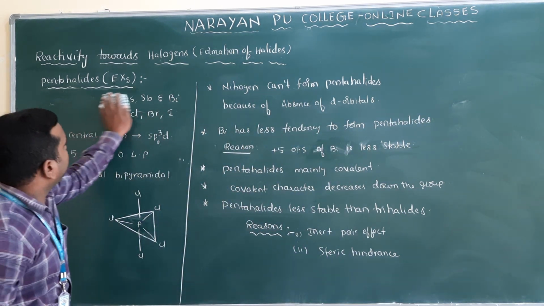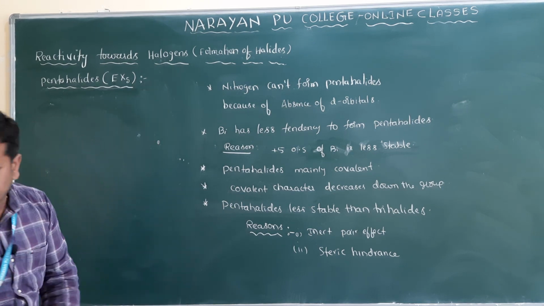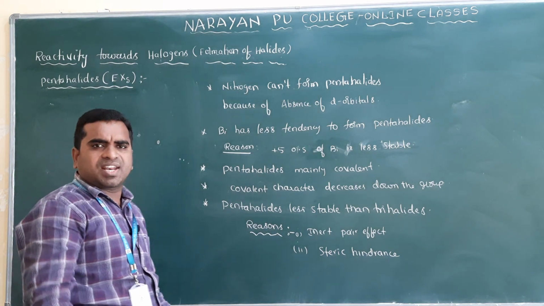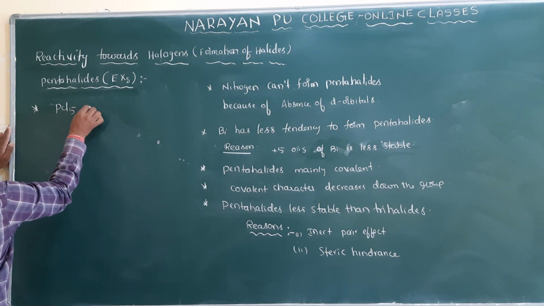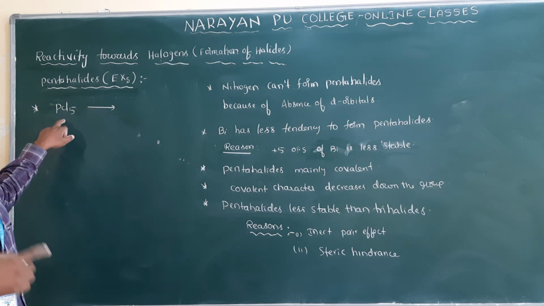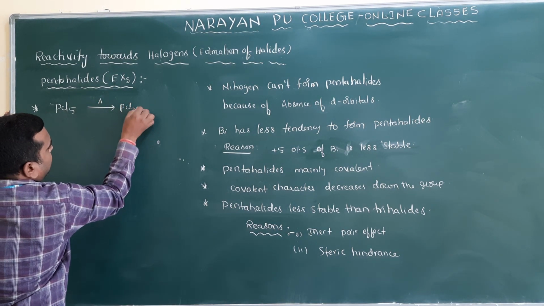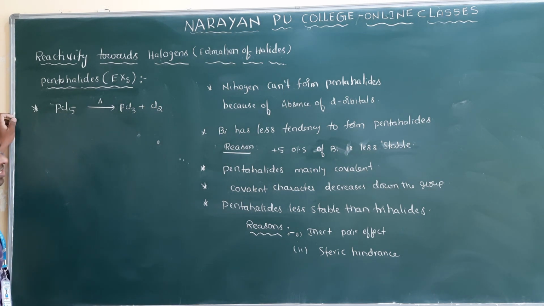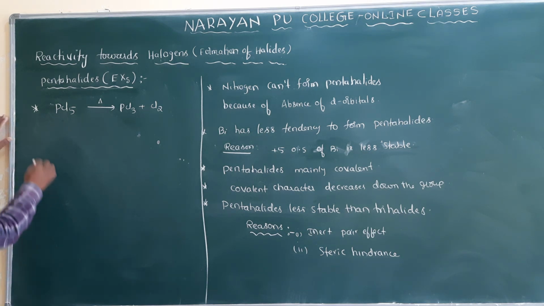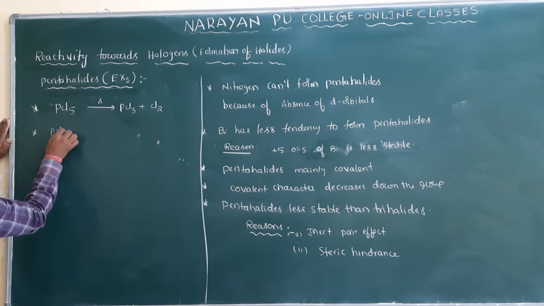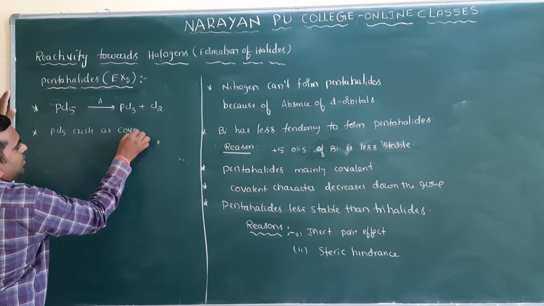The next point: pentahalides are less stable, so they easily undergo decomposition reactions. For example, PCl5 is unstable and PCl3 is stable, so it will decompose. If you just heat it, you will get PCl3 plus Cl2. And this is important: PCl5 exists as a covalent compound